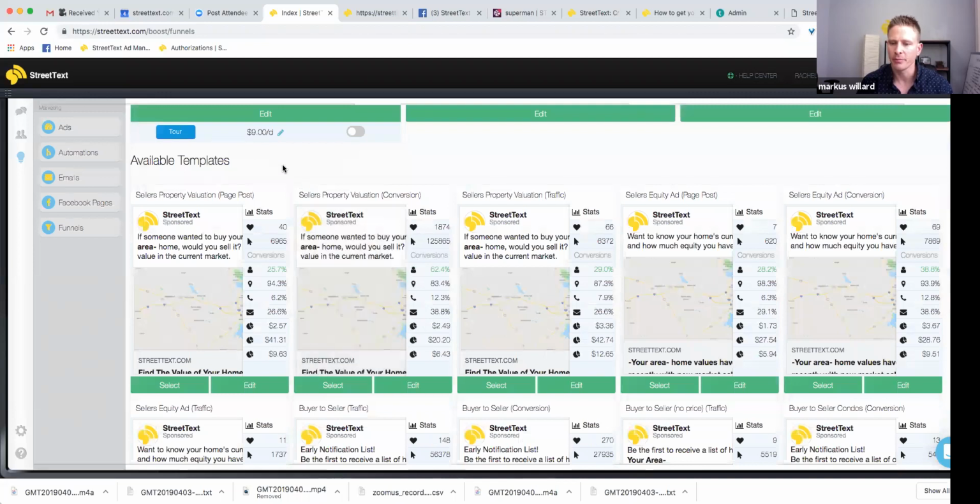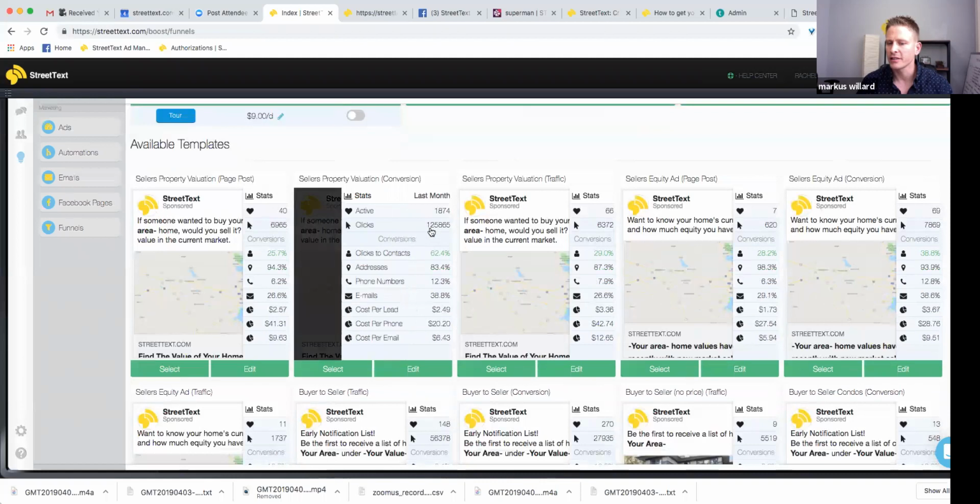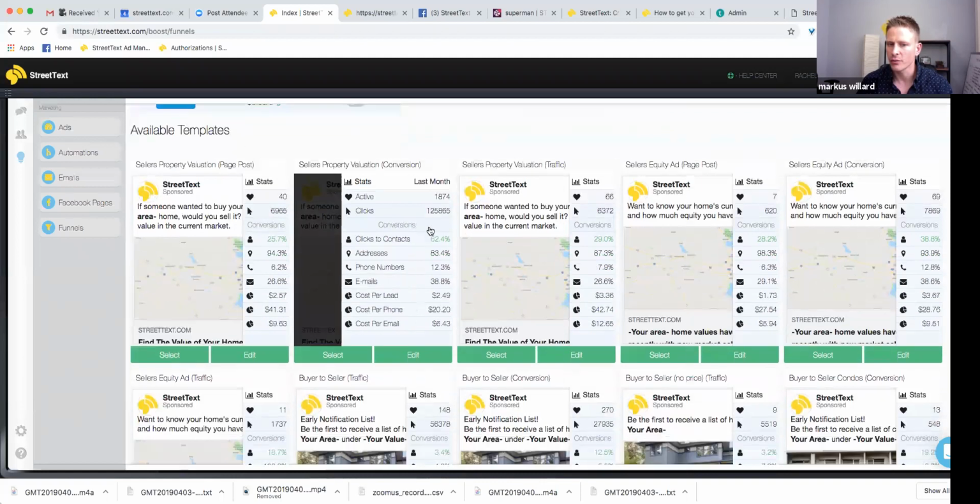So you're going to be looking at something called available templates. Available templates is all these different funnels you could run. And in this trial, the only one I want you to be running from, at least as far as sellers are concerned, is this seller property valuation conversion one. And you'll see why, because obviously with 1,874 users on this one, you're going to see that we have an